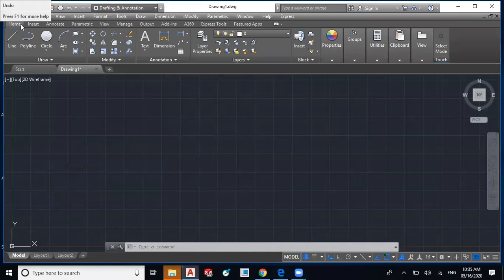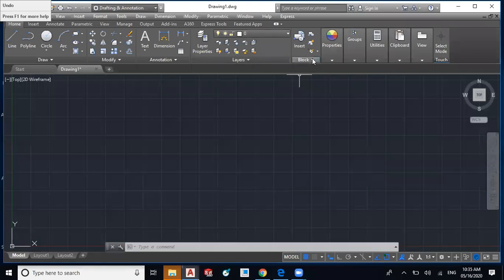Okay, then below this we have the ribbon. It is called the ribbon portion. Ribbon contains tabs and icons of the toolbars. Suppose first one is the draw toolbar and it contains the draw commands or drawing entities. Okay, then second modify, there are modify commands, then annotation, where dimension and text and table commands are there. Then layers, we have layer properties. Okay, and you can set the layer. We will see afterwards how we can set the layers.